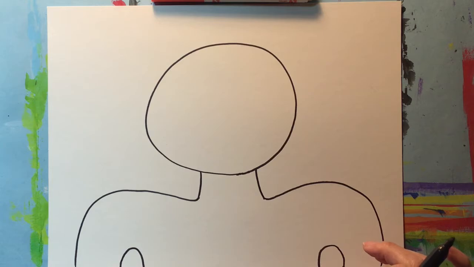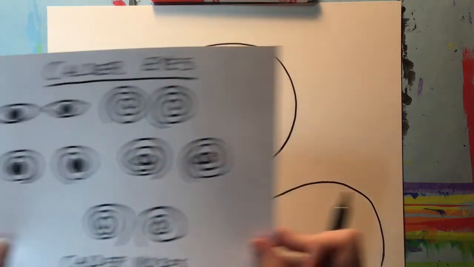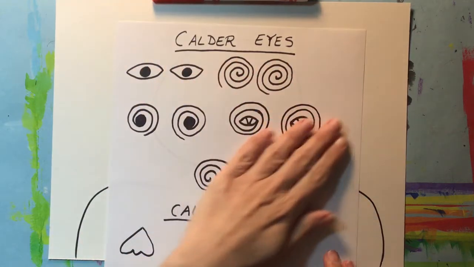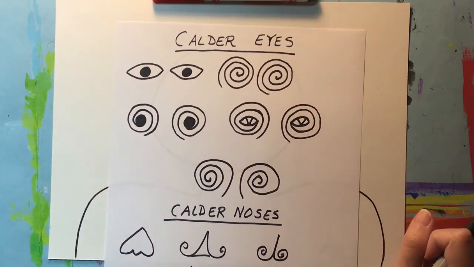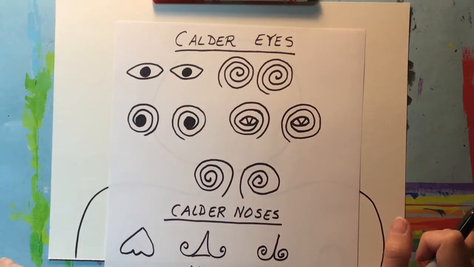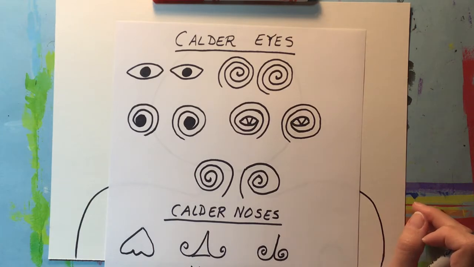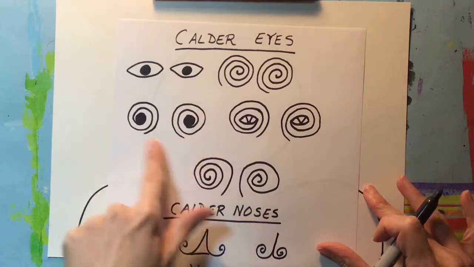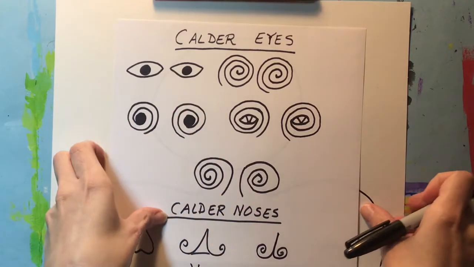Now I'm going to add some eyes to my drawing, and I looked at some of the pictures by Alexander Calder, and these are some of the eye designs that I saw in Calder's artwork. Now you can do your own version, or you can do a version like you see here. So I think I'm going to go with this version because this is the one that I really like. So I'm just going to